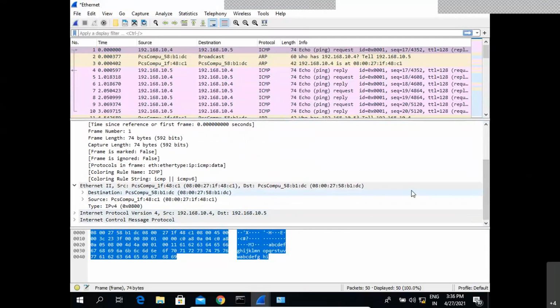So every packet using the Ethernet standard can take up a maximum of 1500 bytes.